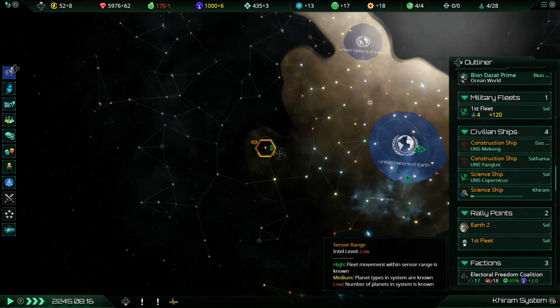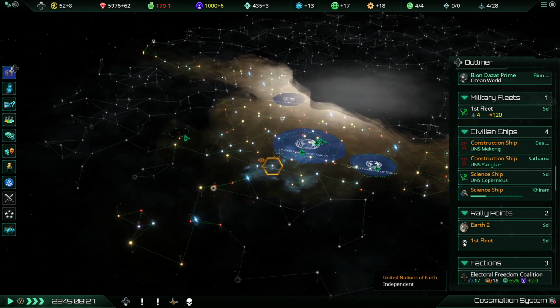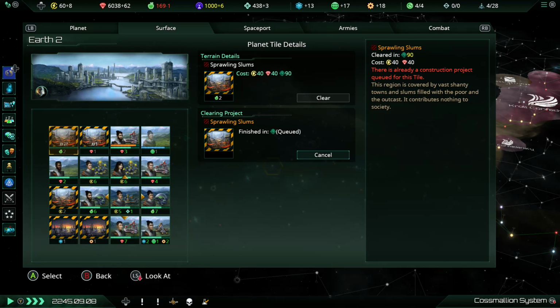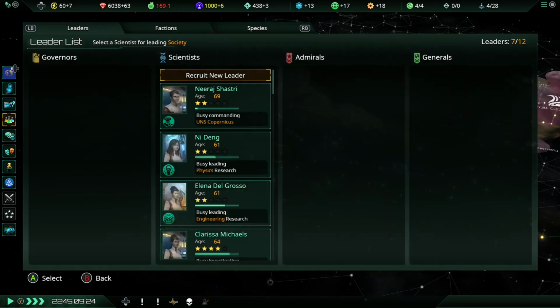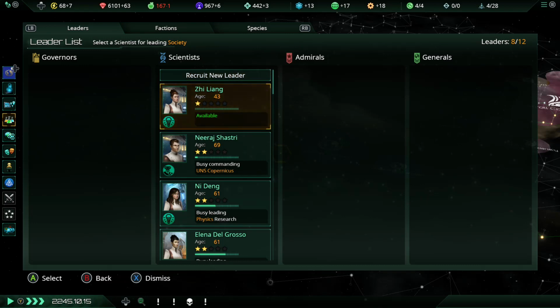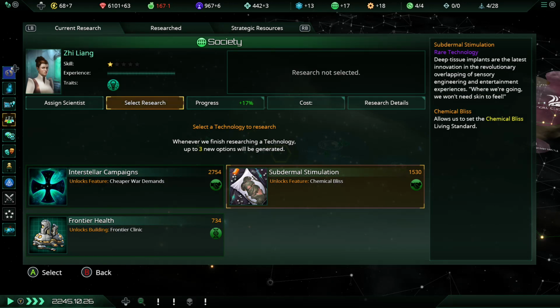Right, I think I'll just save this now. Research complete. Oh, someone else has died. Yep. I've got to get a new scientist now. See, they're all getting old, you see. Spark of genius, that's what I want. 10% research speed. Always take them. Select your research. Chemical bliss. That's like